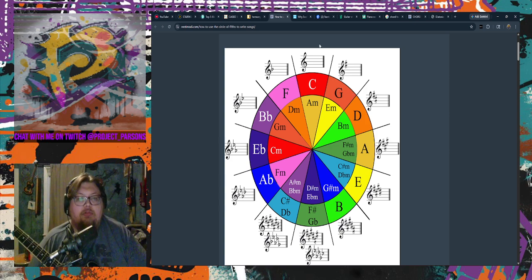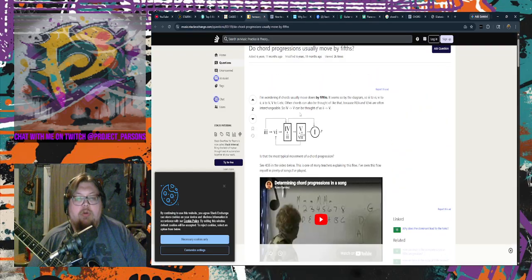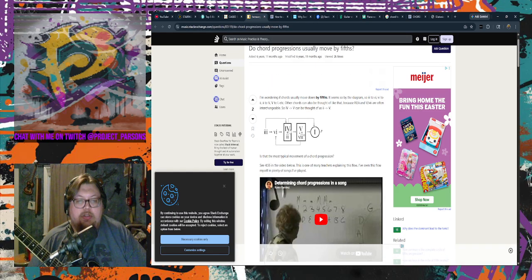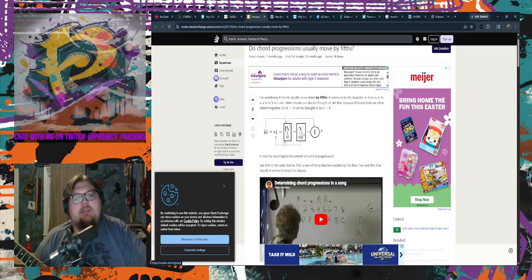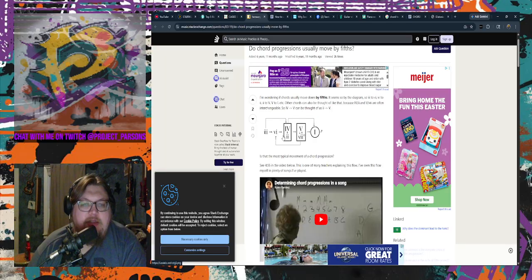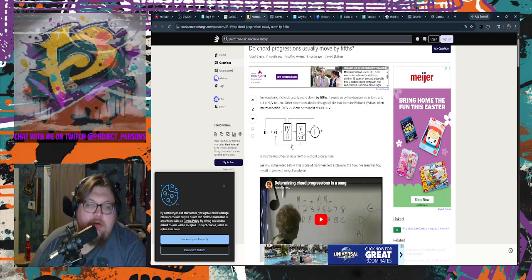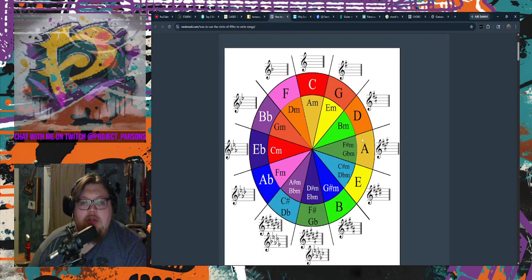Very predictable, very kind of solid. But what about this? What about all this jazz? What about 4 and 7? What they're saying here is that these are interchangeable. So you can substitute 4 for 2, and you can substitute 7 for 5. And that's very true. So the most standard thing that we hear usually is 2 5 1 because it follows